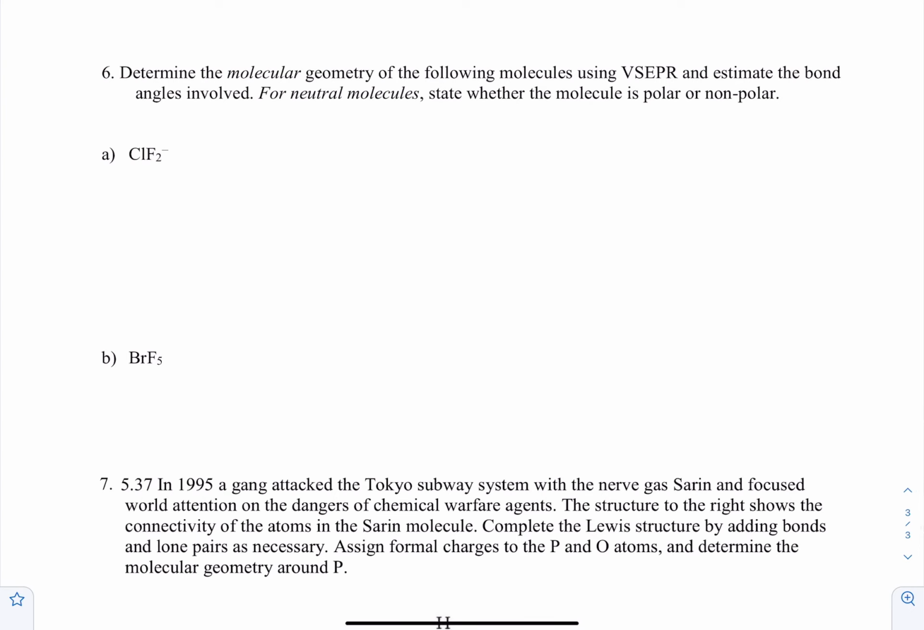Okay, so determine the molecular geometry of the following molecules using VSEPR and estimate the bond angles involved. Now they don't even care about the Lewis structure or the electron pair geometry. However, I am going to draw the Lewis structure to help us figure out what this would look like. So I'm going to assume that chlorine is the central atom, and I'm going to say fluorine over here and